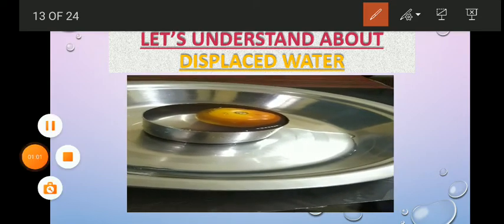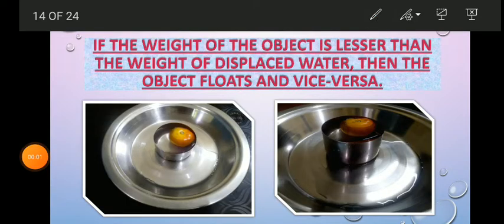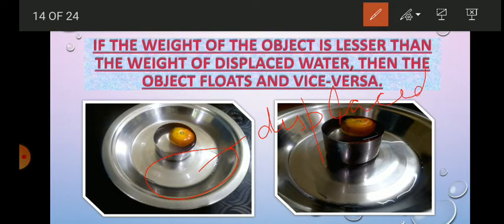Got it? So children, you can see in the video, when you put a tomato inside the katori full of water, some water jumps out, and this jumping water is called displaced water.